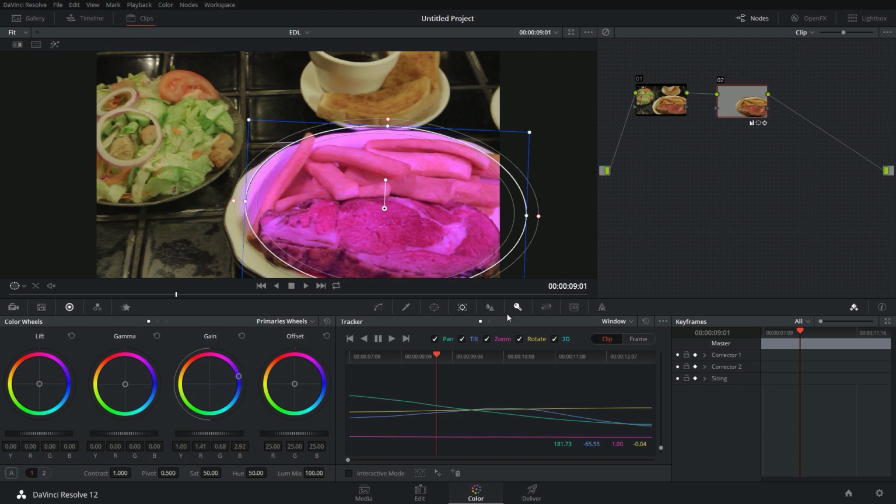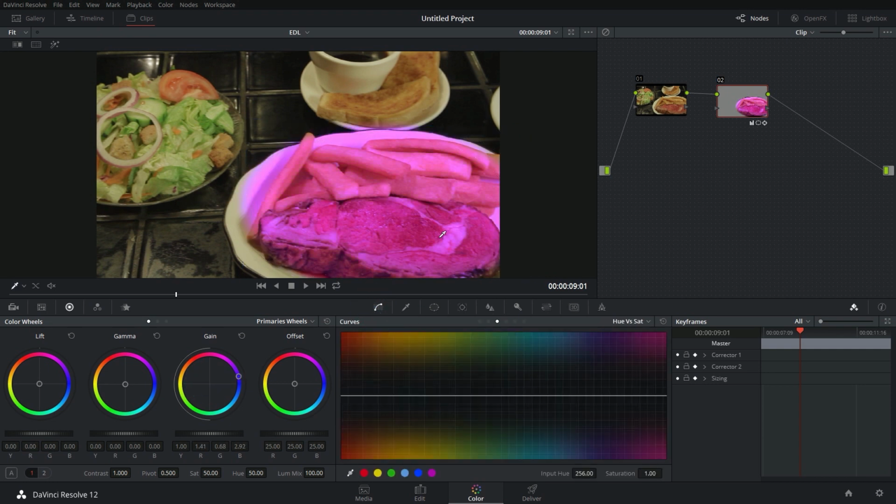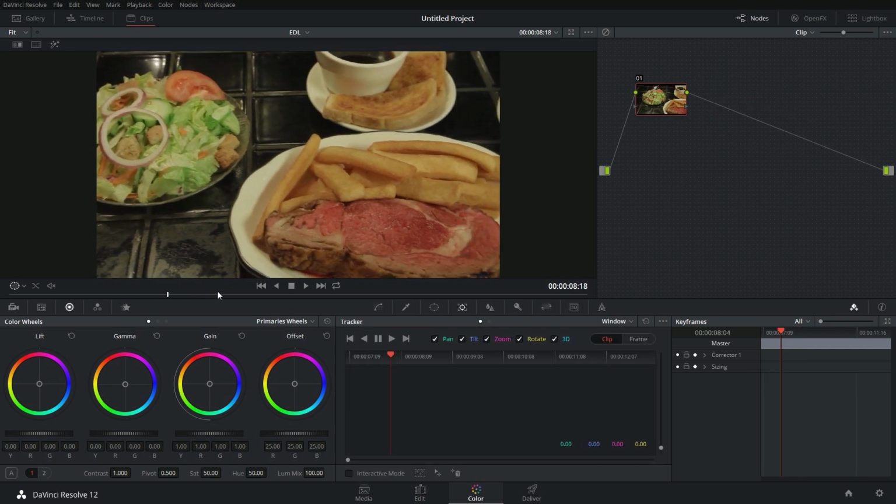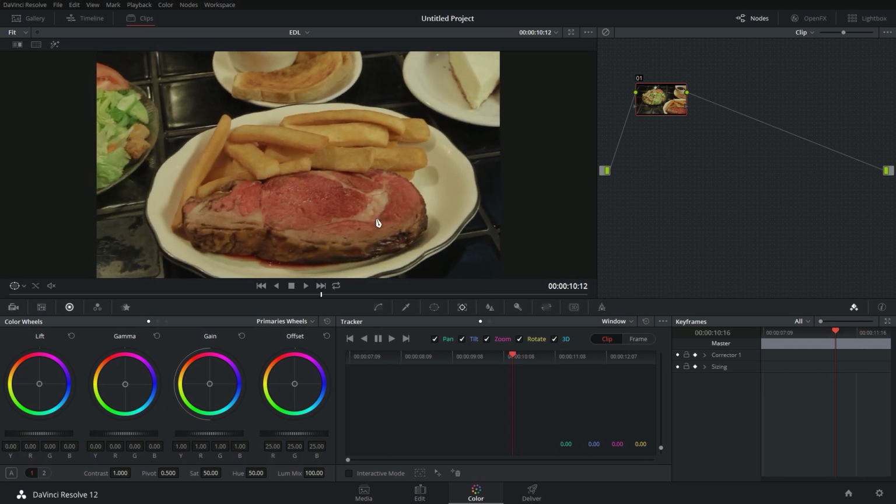So if I want to, I can make it horrendously pink or do something tasteful. Get it? Tasteful. Anywho. So this works great if we're tracking something that goes across the screen like this plate